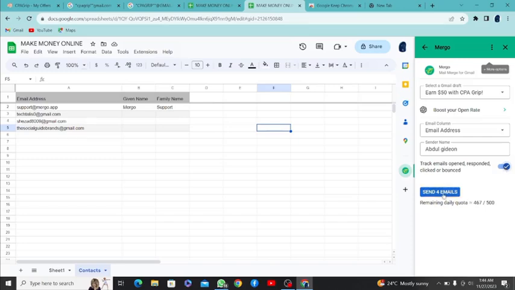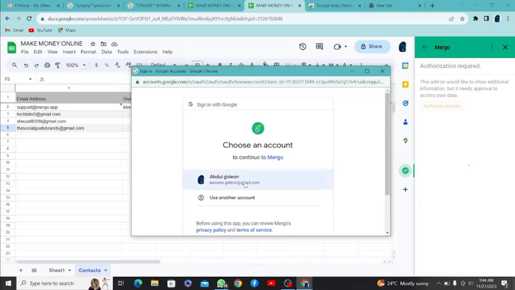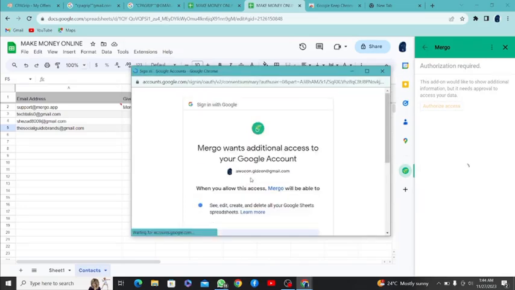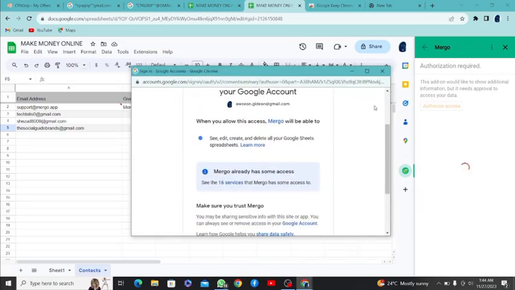What you have to do next is you just click on send email. Now once you click on send email, it is going to be sent to them instantly. All right, it demands me to select my email, and you can see I've selected my email already, and give it a time to send. So it's going to send everything to all these your emails instantly, and they are going to receive. You are going to be getting a response. If they read it, if they open it, if they fill the form, you are going to be getting a response. So this is how you can send bulk email to contacts that need your product.